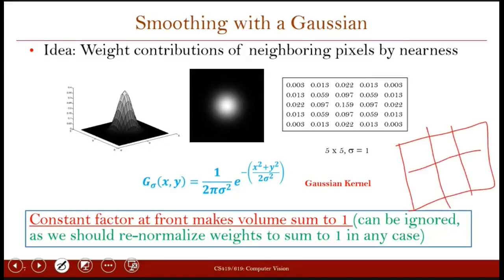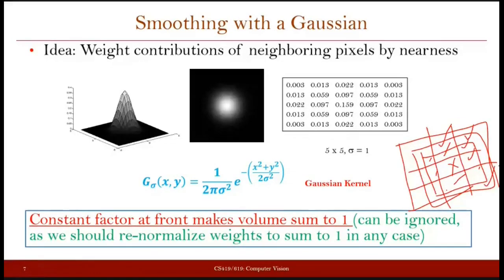With respect to the intensities, whatever similarity you have for this pixel with respect to the neighboring pixels, you are not going to have the same kind of relationship with the other pixels that are a little far from the central pixel, like the pixel here or here and so on. So when computing the average, we should give more weightage to the pixels which are close to the central pixel and less weightage to the pixels which are far from the central pixel.